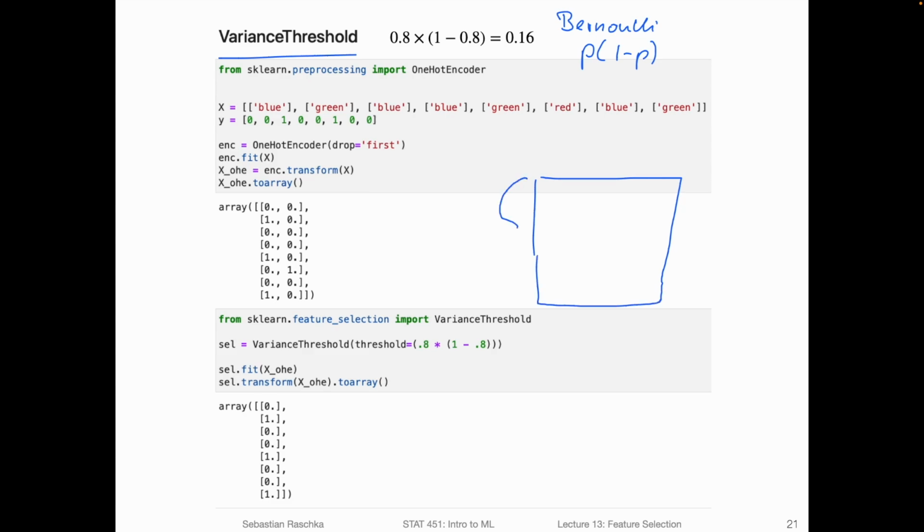So we have n data points, and we have different features, x1, x2, and so forth. Let's just for simplicity look at one of these features. So after the one-hot encoding, these would be features where we have values 0 and 1, right? And there are some of them where we have more than 80%